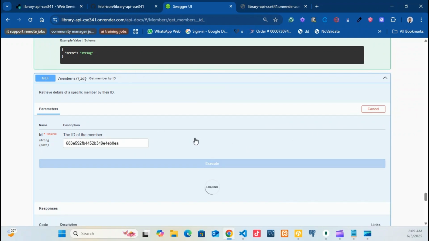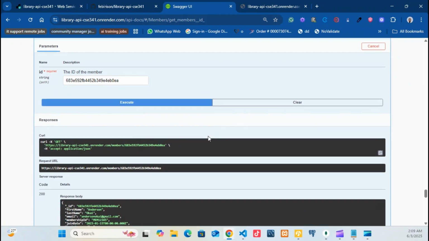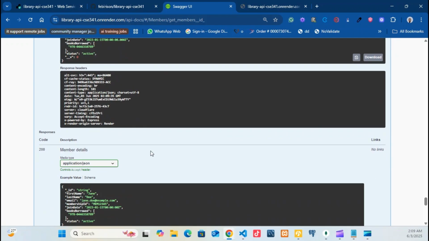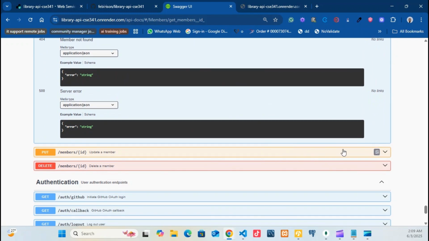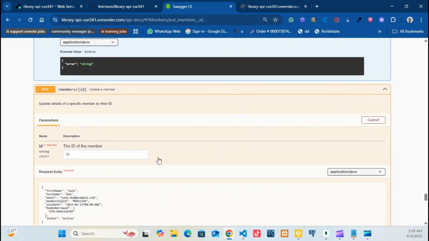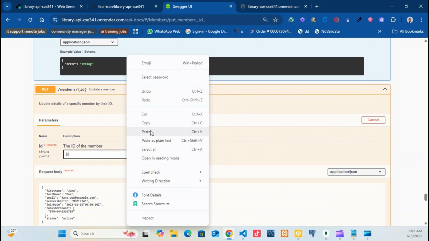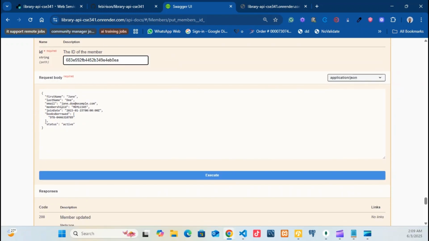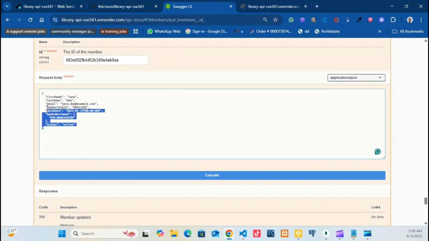Let's paste the ID to get a member. Yes, voila, we have a member. Now let's update a member. So we are going to update a member. So you need the ID and also the content of the details of the member. So let's paste the details